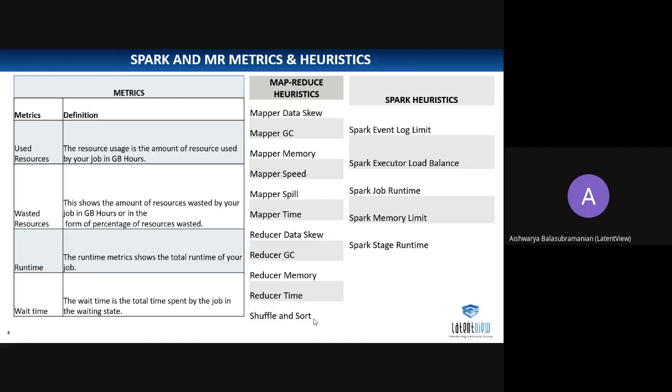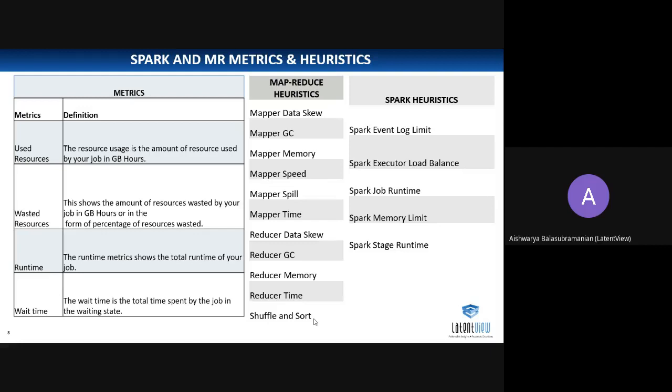Next, moving on to the MapReduce heuristics. Let me quickly give a one-liner about each of these heuristics. First is the mapper data skew. Mapper data skew is about whether the amount of data going to the mappers is equally distributed among all the mappers, or how my data is distributed among the mappers.